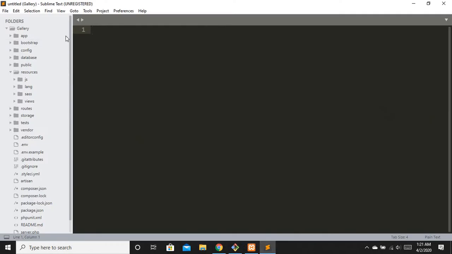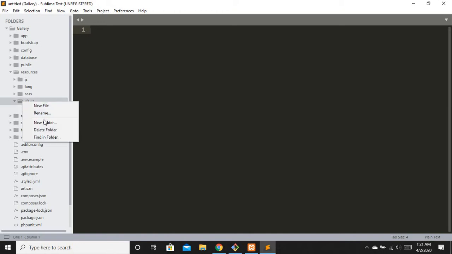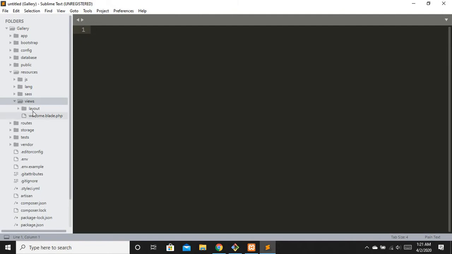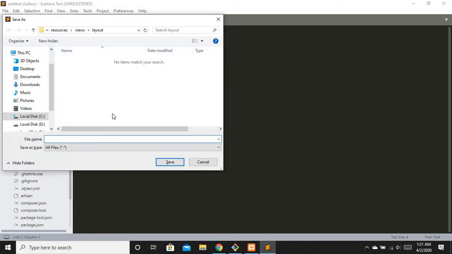Okay, now let me open up my Sublime, and where are views located? Basically they are in resources and views. So I will create a new folder inside views, and name it layout. Done. I will create 3 new files inside layout. Control S